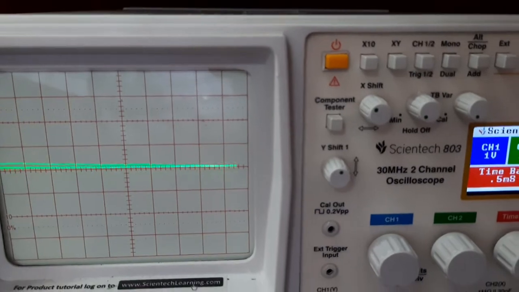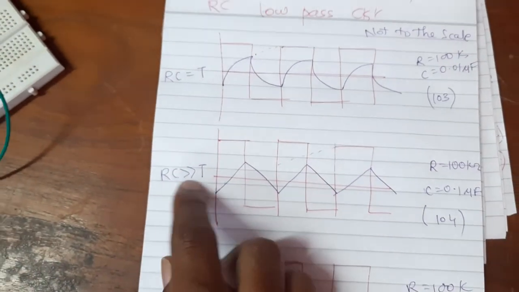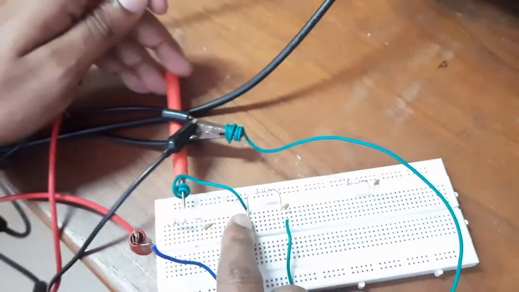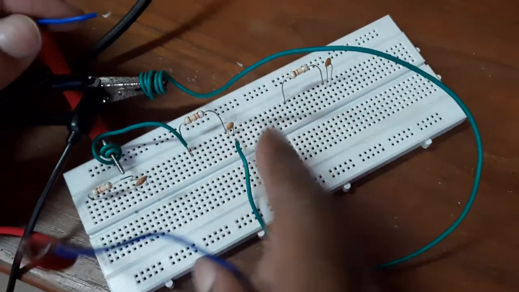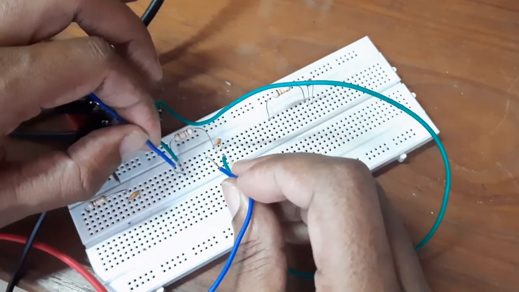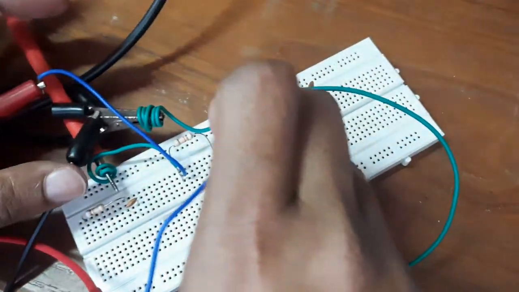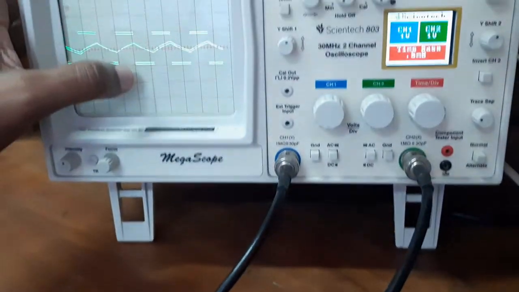Okay, now please, we will concentrate on this part, where it behaves as an integrator properly when RC is greater than T. What I have done is I have given input to the input of the integrator, and then ground I have connected across this capacitor, which is over here. Now I have connected input over here. Now see what is coming in. So just see how you are getting output.